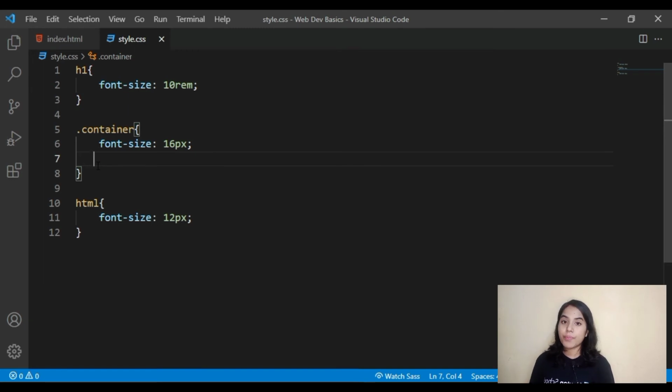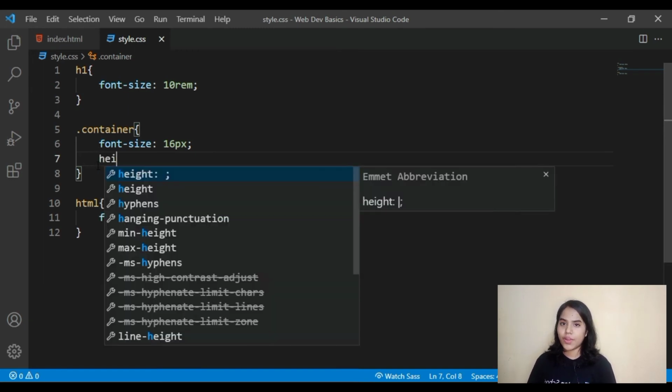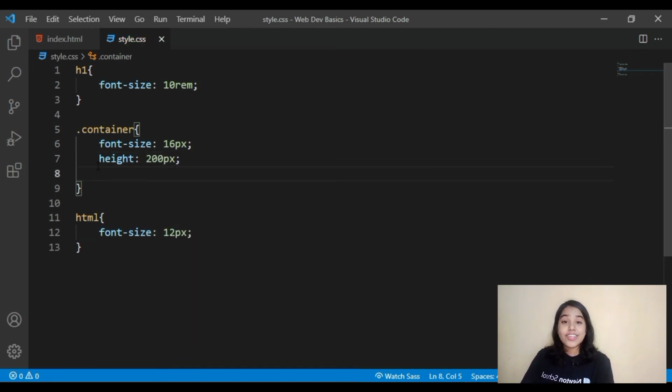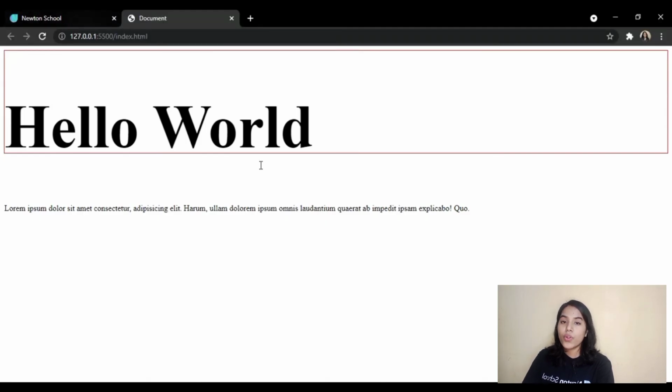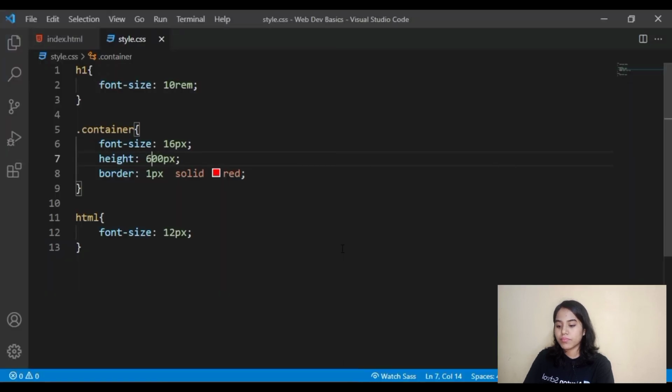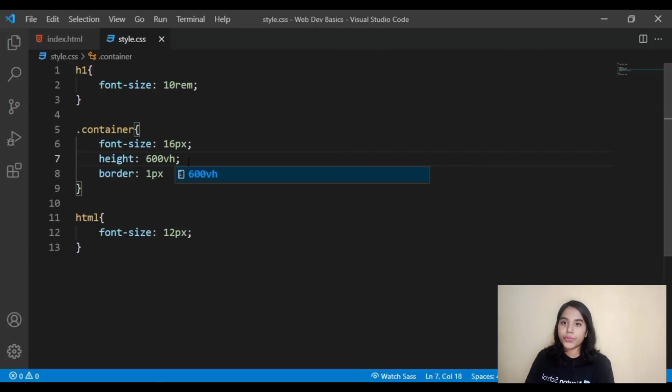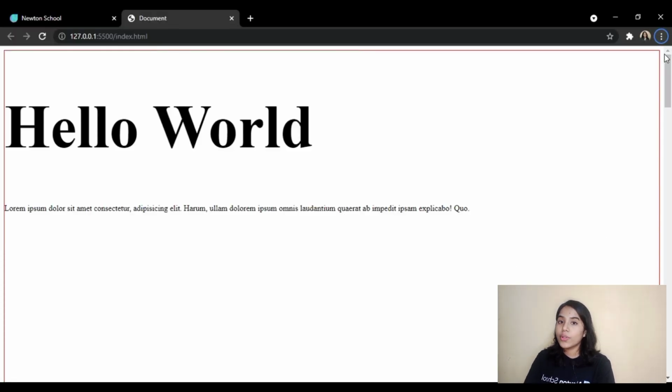Now 2 things are still remaining: viewport width and viewport height. What are they? Let's see. So let's set a border for this container. Now you will see that it is covering only this much part. I want it to cover the whole width, right? So here I have to write padding this much, and keep on writing this much padding. So instead of that, I will write 100 viewport height. So you will see that it automatically took all the height.